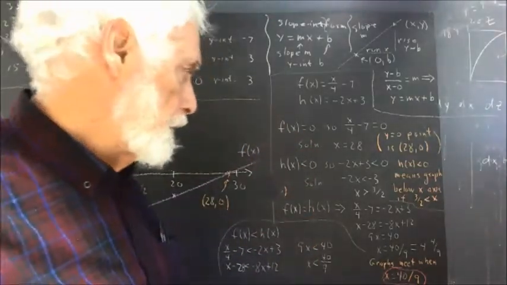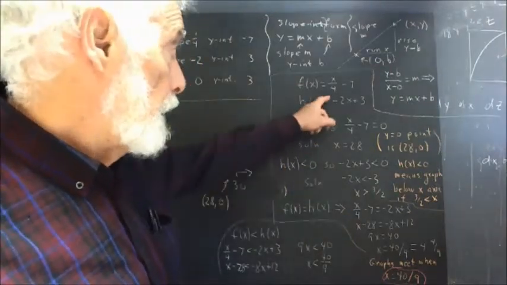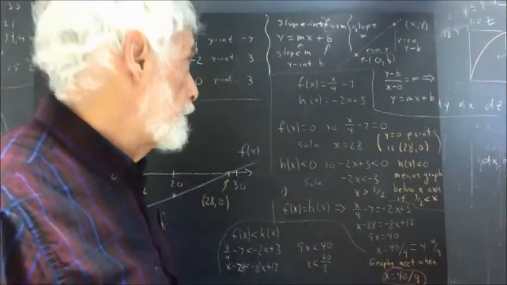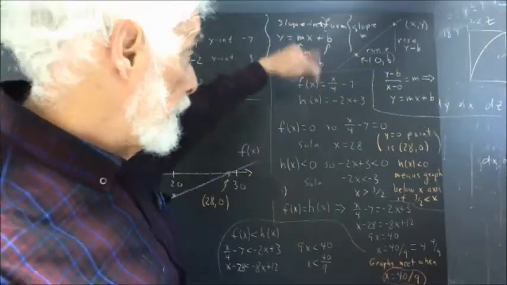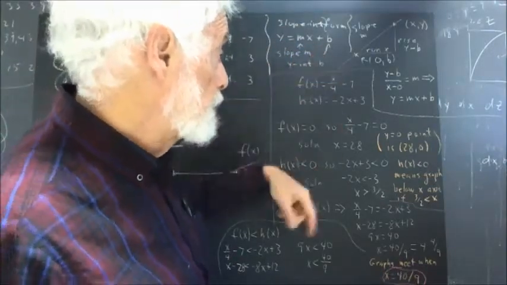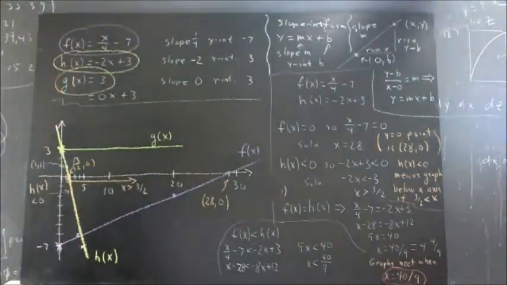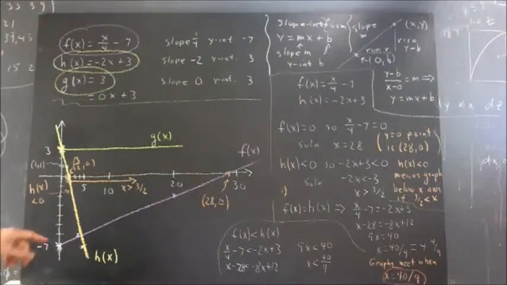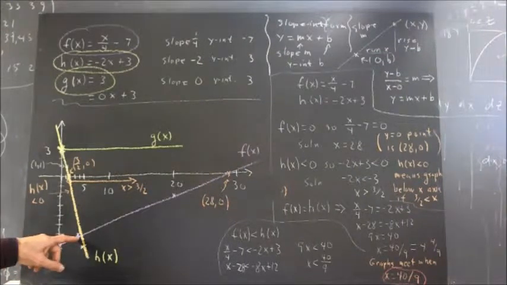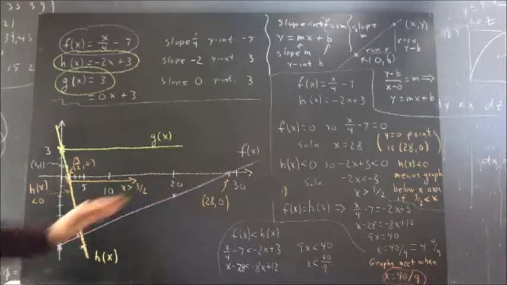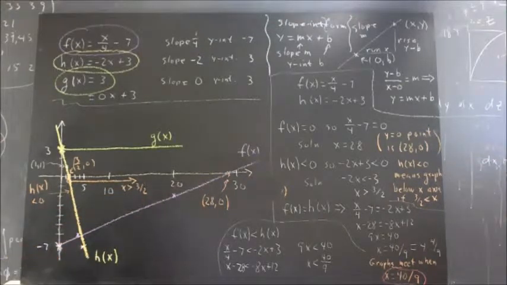If we plug it into the f of x equation, 40/9 divided by 4 would be 10/9. 10/9 minus 7 is 10 minus 63 over 9, or negative 53/9, which would be about negative 6 2/3. Again, because of the anomalies on the axis, it looks a little lower than that, and the anomalies in graphing the equation, but it's plausible that this point is